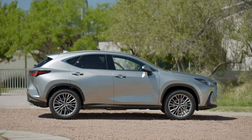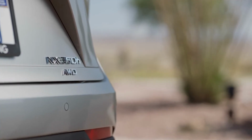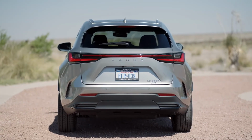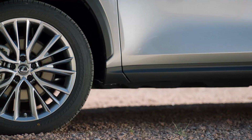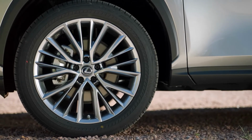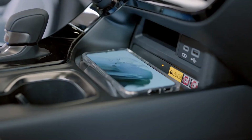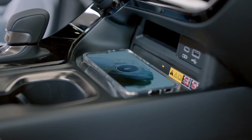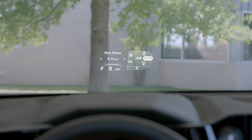At the same time, we're strengthening our electrified offering with the new NX350h, featuring our 4th generation self-charging hybrid system. 22% more power, 15% quicker acceleration with 0 to 100 in just 7.7 seconds, yet we expect CO2 emissions to be reduced by around 10%. So in fact, the new NX has been conceived and engineered to allow you to feel more in every moment of your journey. And that statement reflects our ability to match technology with the human-centered quality of the Lexus brand